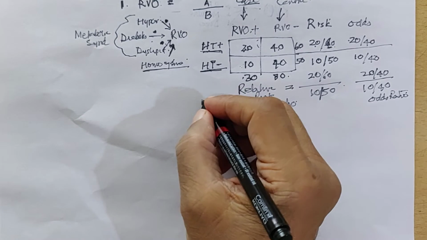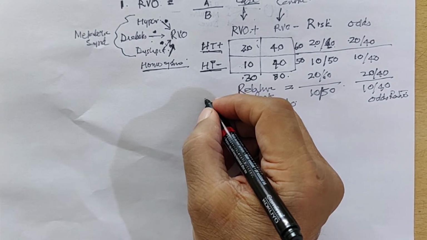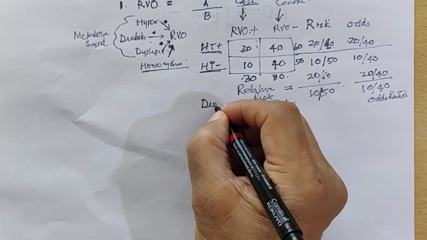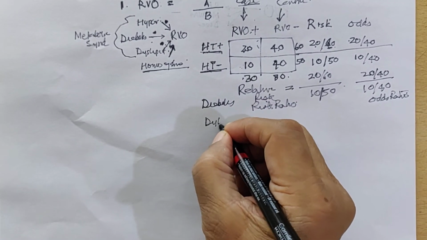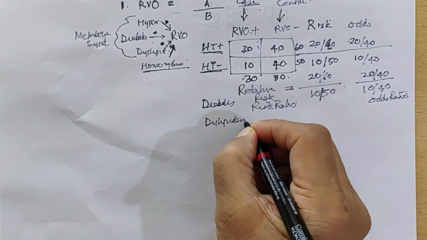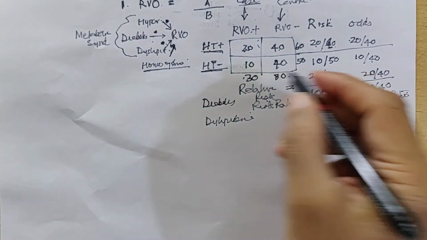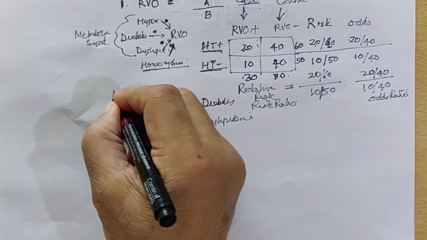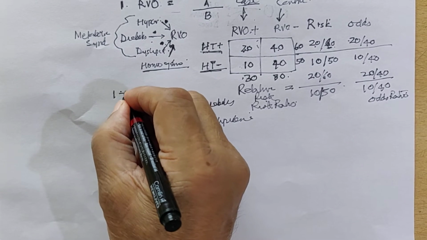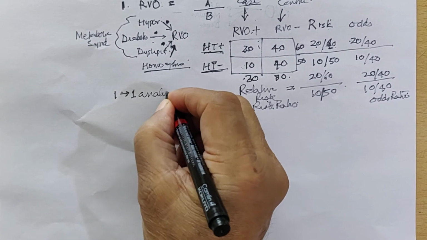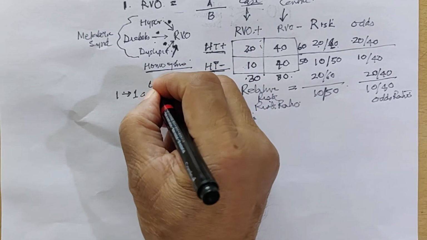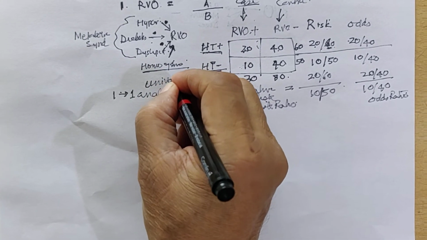Same way you can go with diabetes. You can make a table here, and you can go with dyslipidemia, and so on and so forth. And this one-to-one analysis is called univariate analysis,